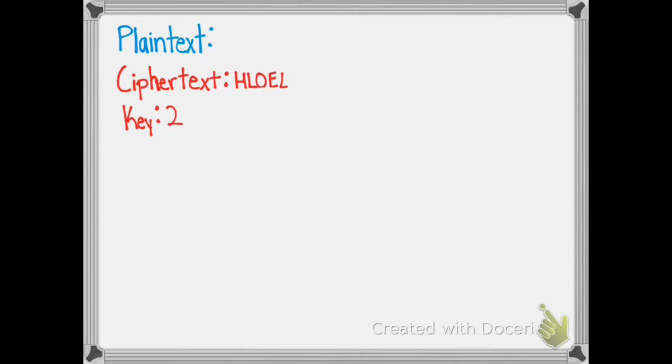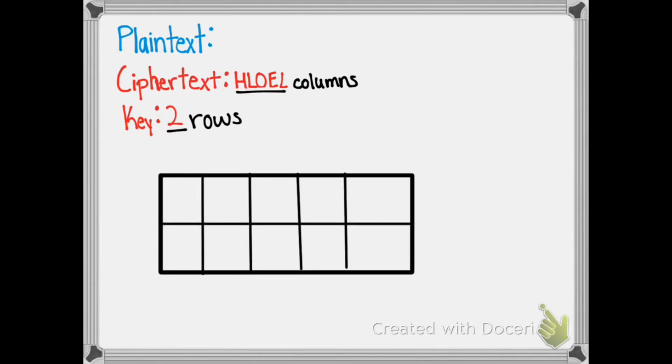The first thing we do is look at our key. The key tells us how many rows there are going to be in our table. Next, we look at our ciphertext. There are 5 letters in our ciphertext, so there will be 5 columns in our table. Now I'm going to go ahead and draw the table we will use. Now that we have a table with 2 rows and 5 columns, we have to input the letters from ciphertext